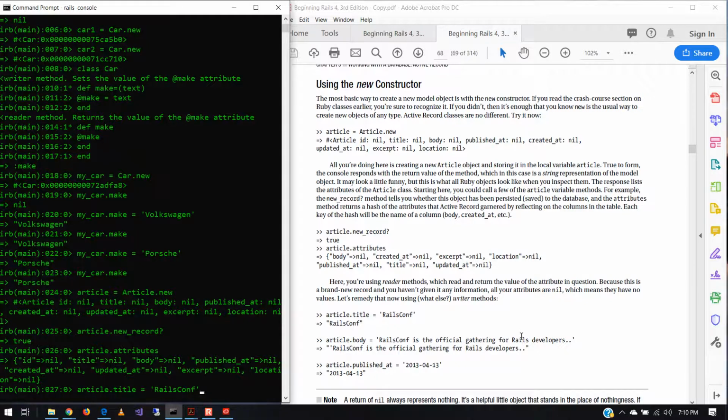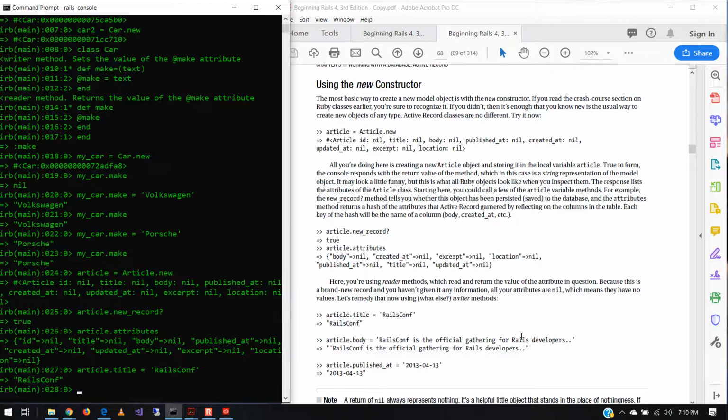So if you press enter on that one, it shows that it is stored, right? Then we can go ahead and add some other attributes. So we can say article.body, and now we can type in a whole string of text here. I'm just going to copy what they have in the book. I'm going to say Rails Conf is the official gathering for Rails developers,